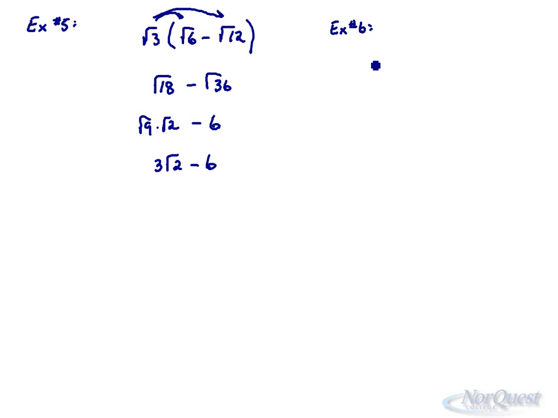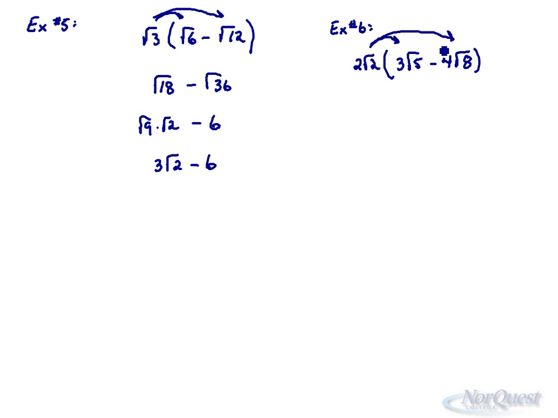This one I'm going to write 2 root 2 times 3 root 5 minus 4 root 8. And again, if you wanted to, the root of 8 could be simplified further. But in this case, again, all I'm going to do is use my distributive law and multiply coefficients, multiply radicals,